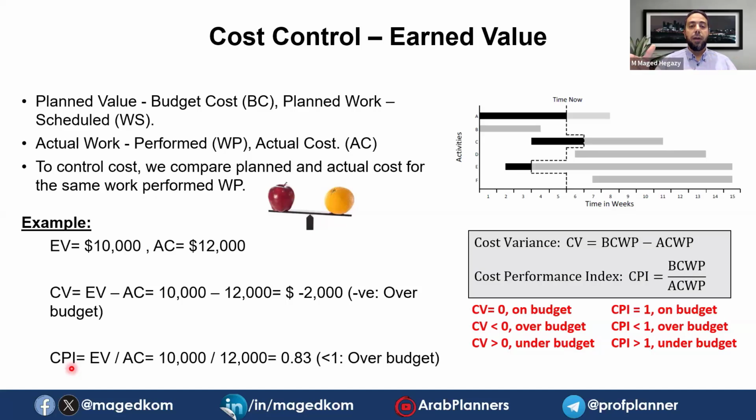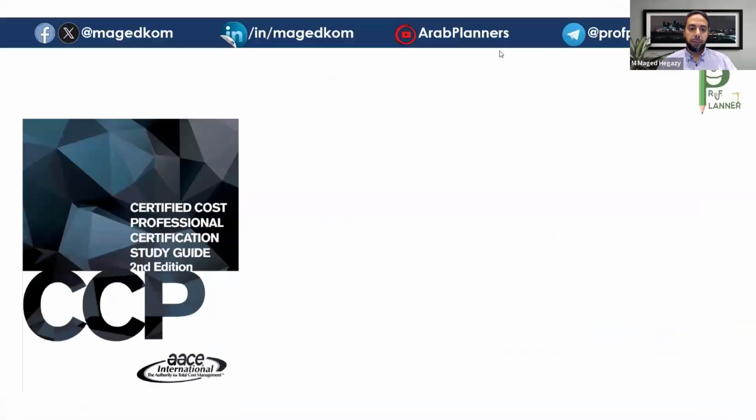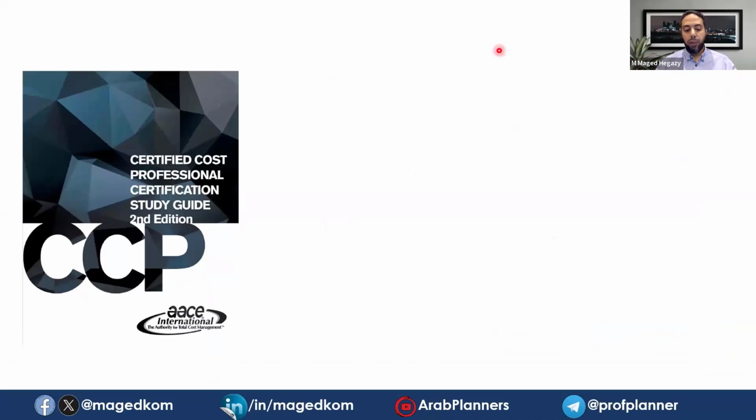If at the end we couldn't overcome the issue, we will try to minimize the losses, and we will try to cover this from other items and to get profit from the project at the end. So that's why it's very important to do cost control during execution and take actions accordingly.